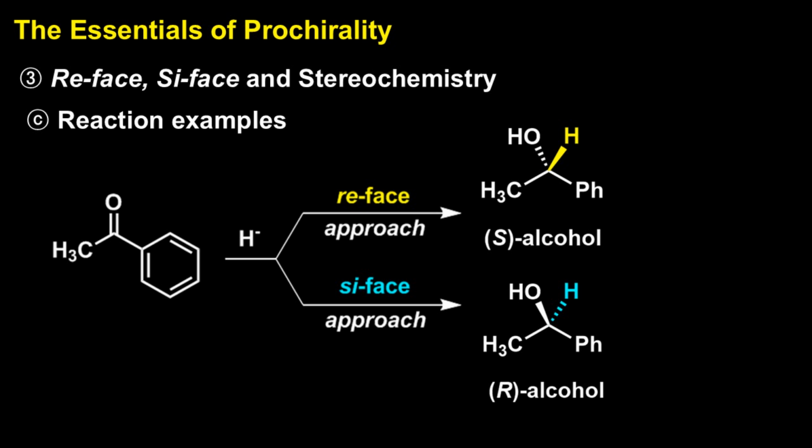In this molecule, the re-face is the side of the flat carbonyl group that's facing toward us, and the si-face is the side that's pointing away. Now, imagine a hydride ion, H-, coming in to attack. If it approaches from the re-face, the product we get is an alcohol with the S configuration. But if the hydride attacks from the si-face instead, then the product ends up with the R configuration. This example really shows how important that point of attack is, because it directly controls the stereochemistry of the final